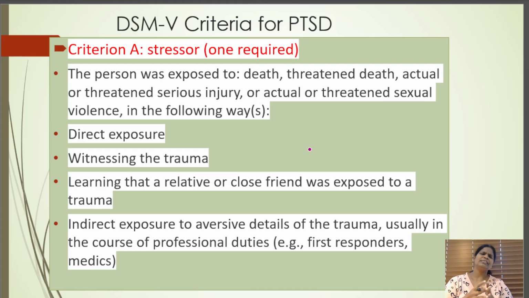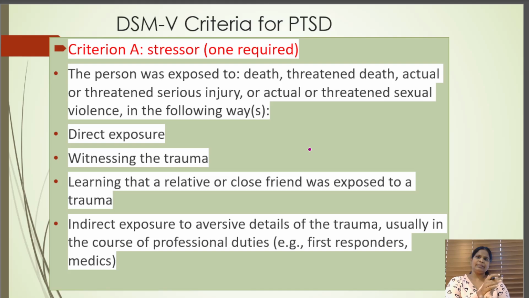Now coming to DSM-5 criteria for PTSD, we have criteria from A to F. Under each criterion, if a person fulfills the requirements, then he may be diagnosed with PTSD. Now coming to criterion A, it is about the stressor. At least one stressor should be present. That means the person